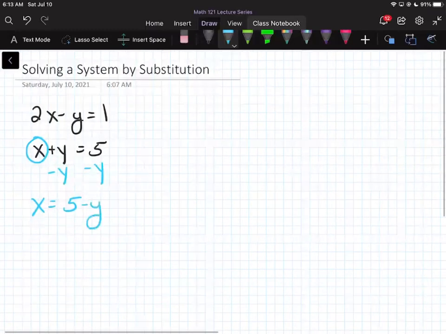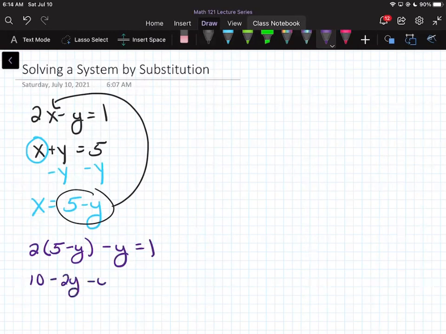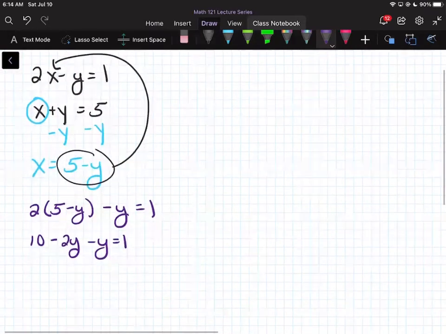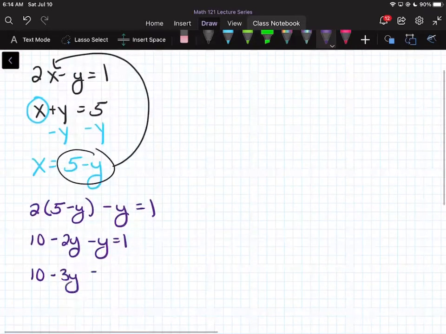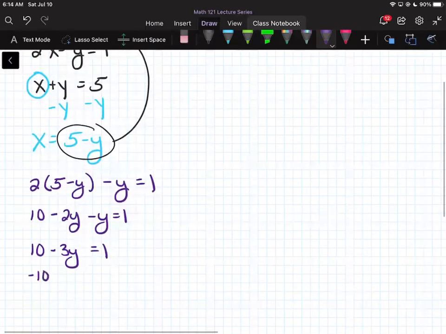Once I have this value, I can then take this x value and substitute it in to the other equation. This gives me 2 times (5 minus y) equals 1. Simplifying, I get 10 minus 2y minus y equals 1, which leaves me with 10 minus 3y equals 1. And then if I solve for that one variable that's left, I have negative 3y equals negative 9,